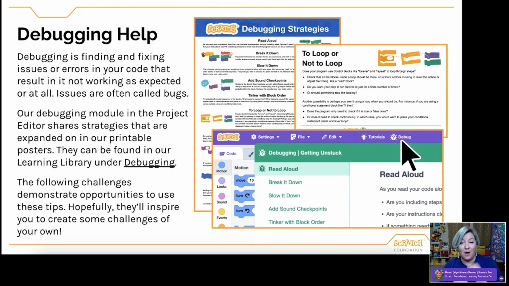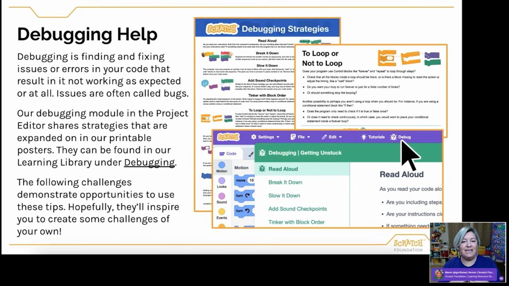So I would encourage you to check out that module and read through those techniques. But what I want to do for these next few minutes is explore some of these debugging tips in action, because I'm a visual learner. I always find it helpful to see things. So in the following slides, I've got 3 challenges that we'll try. And after each challenge, I'm going to share why we like this challenge.